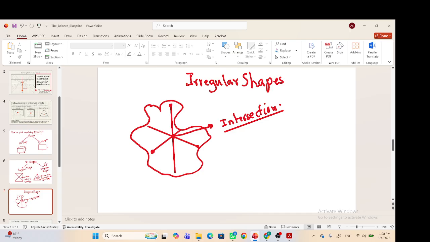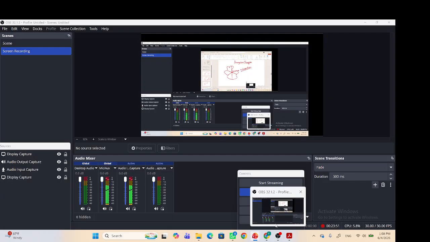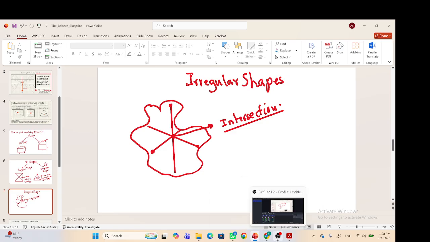Okay, so in the next session, inshallah, we will explain the importance of the center of gravity. Why did we talk about the center of gravity? So until tomorrow you have time. If you can find any information about the importance of the center of gravity, I would appreciate it if you explain before me. If you couldn't, that's okay, I will explain what the importance of the center of gravity is.